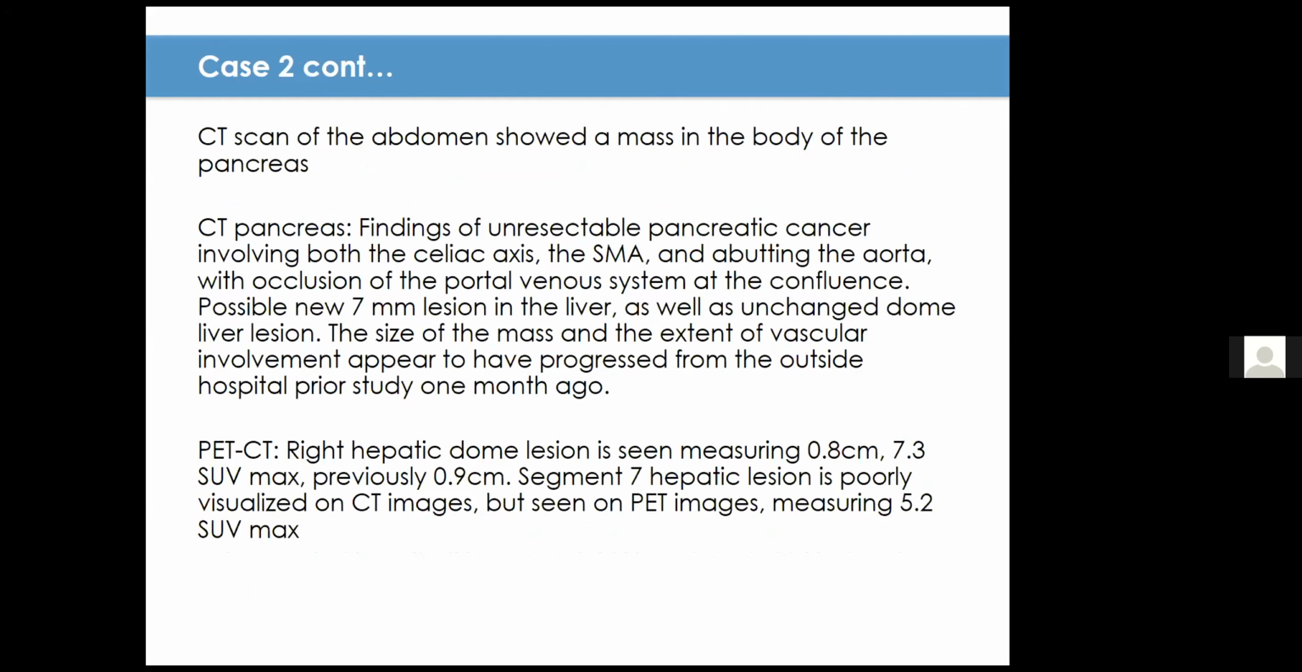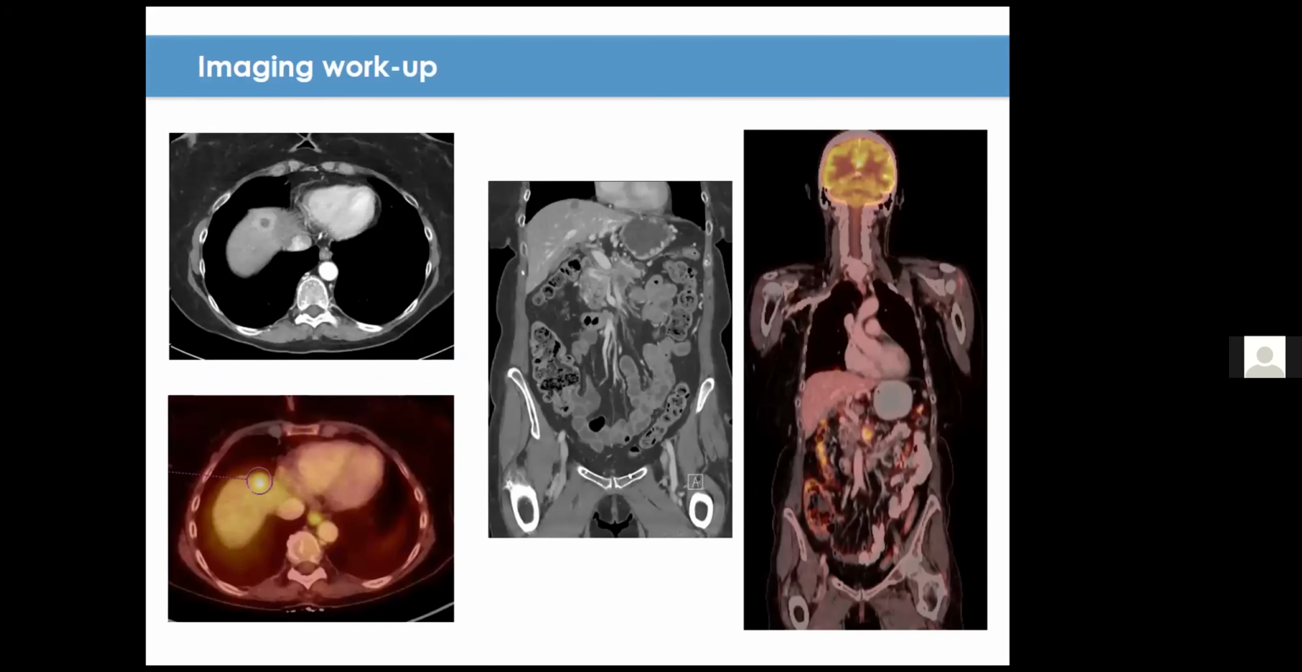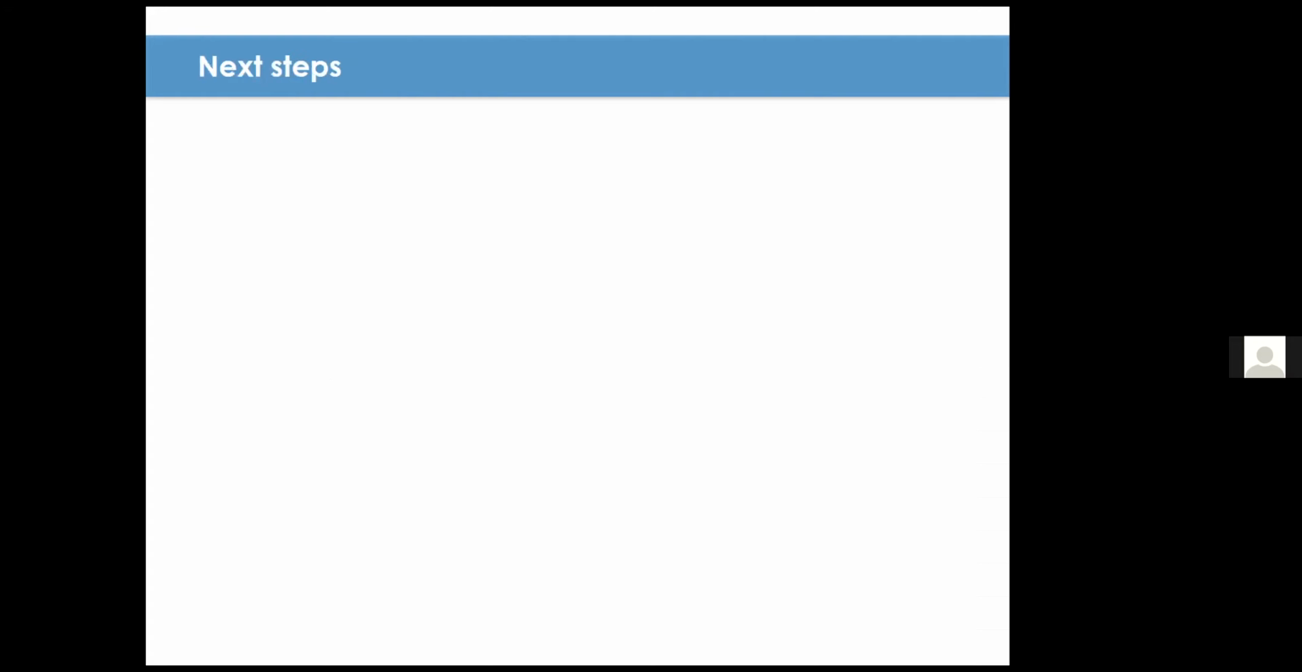So a CT scan of the abdomen was ordered and showed a mass in the body of the pancreas. This mass appears to be unresectable, and I'll show the image in the next slide, it also appears to have potentially a lesion in the liver as well. A PET CT was ordered to confirm that, and you can see here the large mass as well as one of the liver mets that we could see. So what's the next step? Sorry, I gave the first away. So if this history of